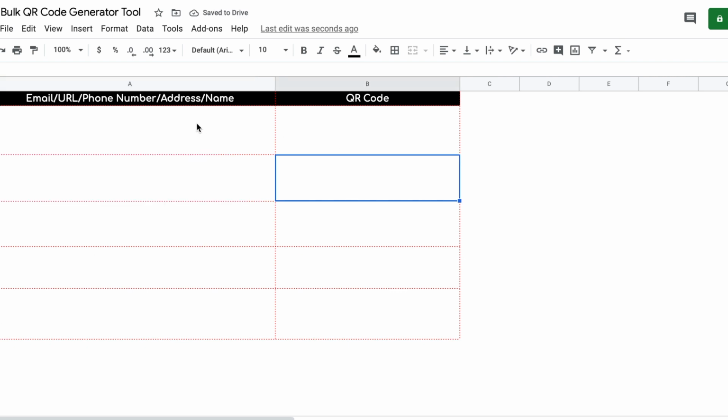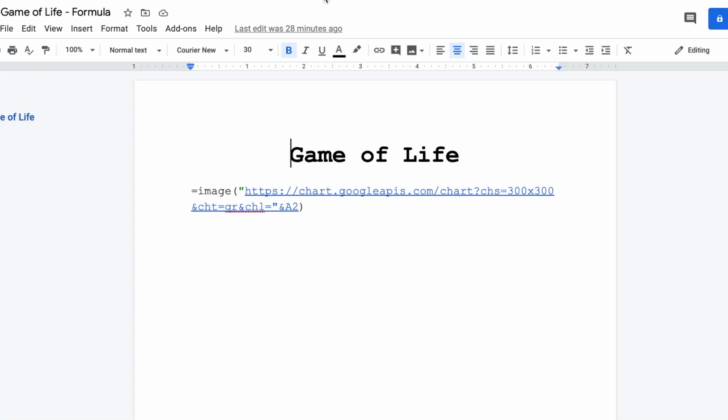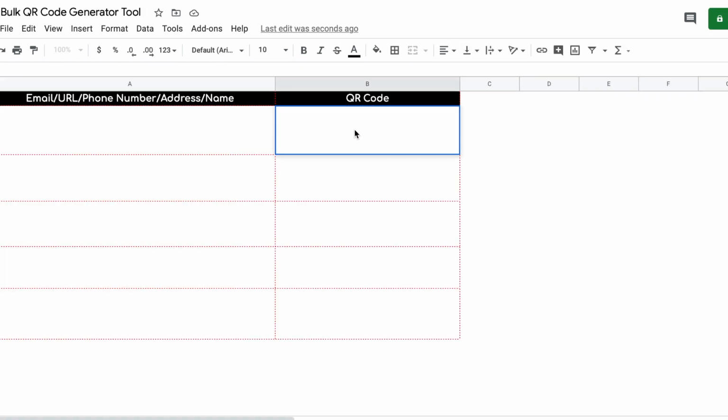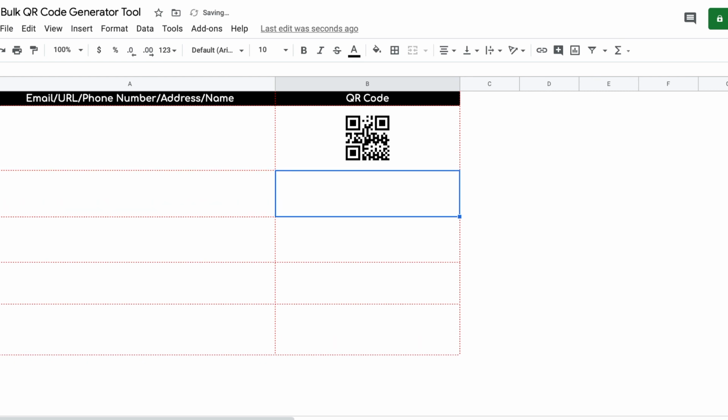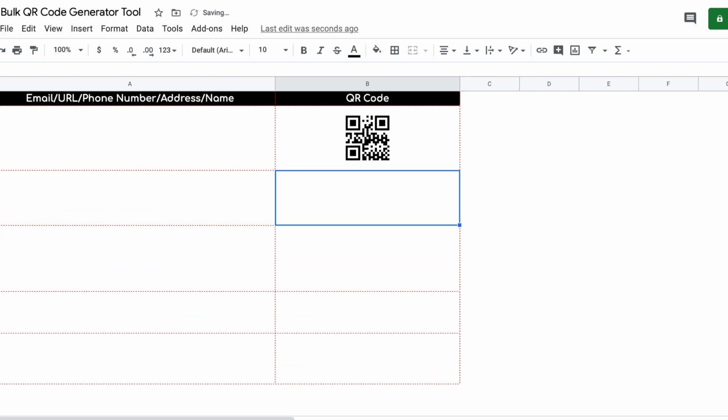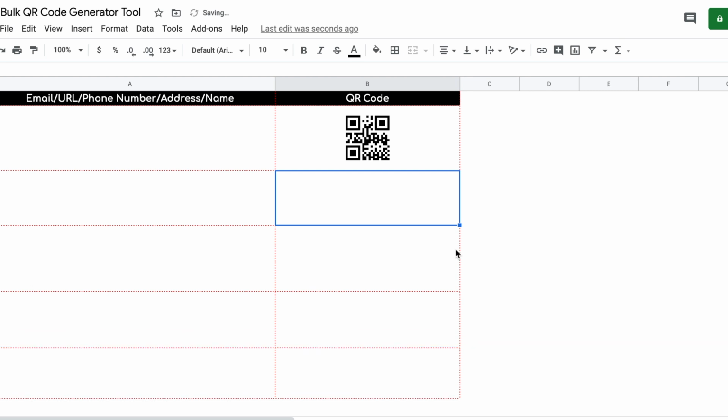We will generate 5 QR codes here, but then again, it's completely up to you. You can generate 500, 600 QR codes. It's a bulk QR generator tool, so it's up to you. So this is the formula that we are going to use. After doing that, we will just copy this formula from here and then paste it here in B1. You have your QR code. Now I can drag it down to the other boxes as well. But before that, let me first resize the boxes again. And don't worry about the formula. I'm gonna link the formula in the description box.